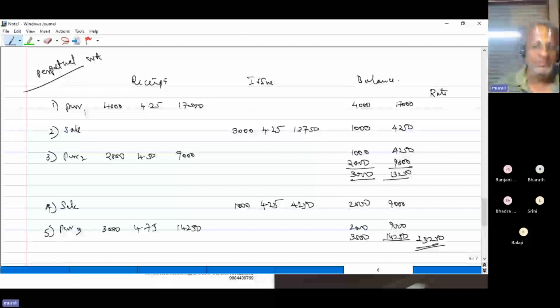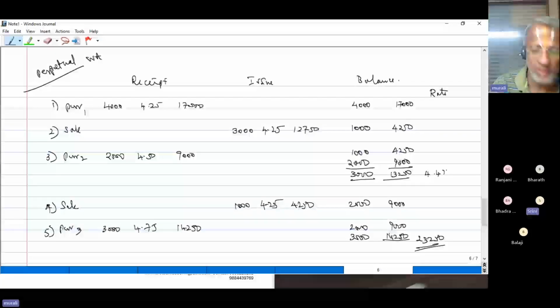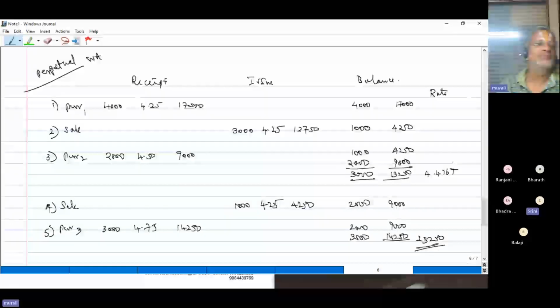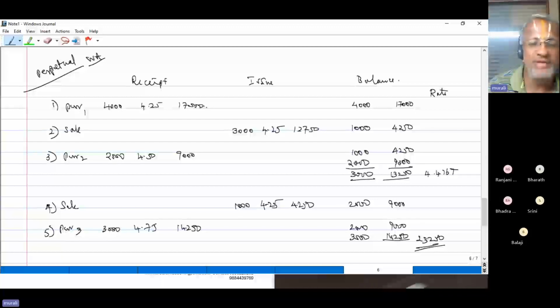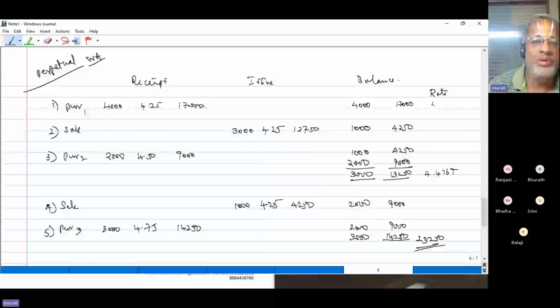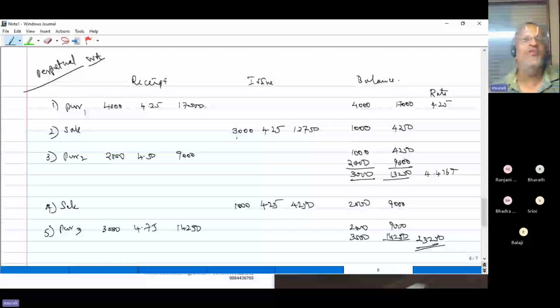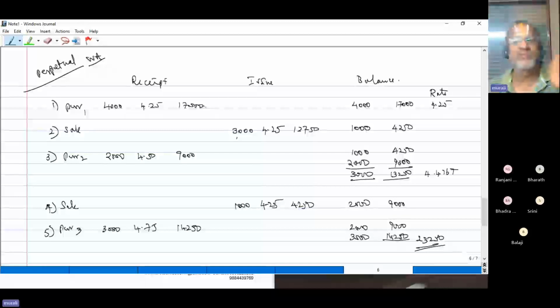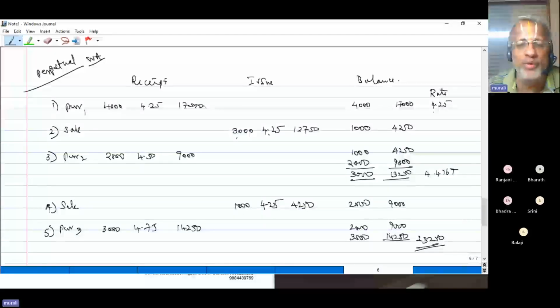Are you understanding? Are you following, Srini? Yeah, Murali, can you come again, please? 4.4167. Okay. In the perpetual weighted average system, purchases are booked as batch number 1 and the rate is going to be 4.25. That is the rate I've used for issuing 3,000. When you say weight, there should be many to apply weight. When you have only one, you cannot apply weight there. So FIFO and LIFO are going to be the same. Correct. The next issue is done only at 4.25.